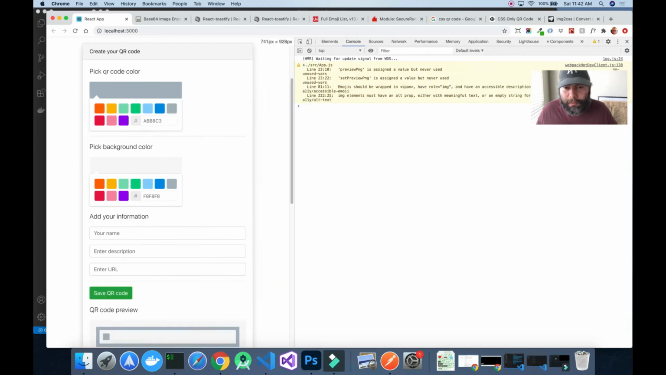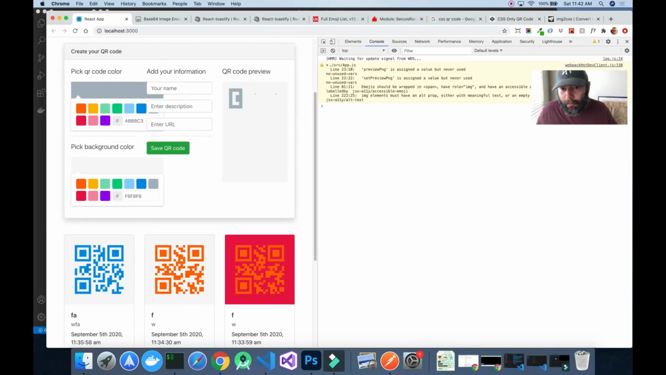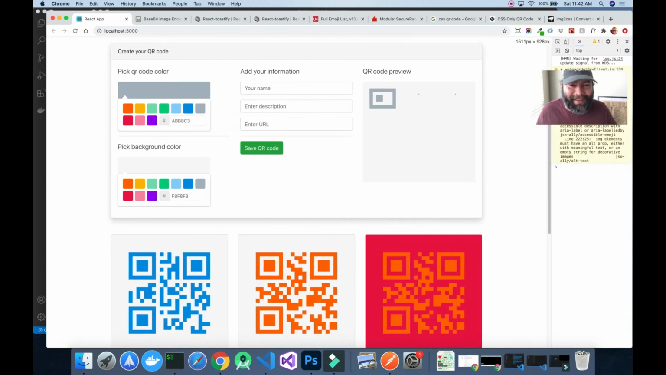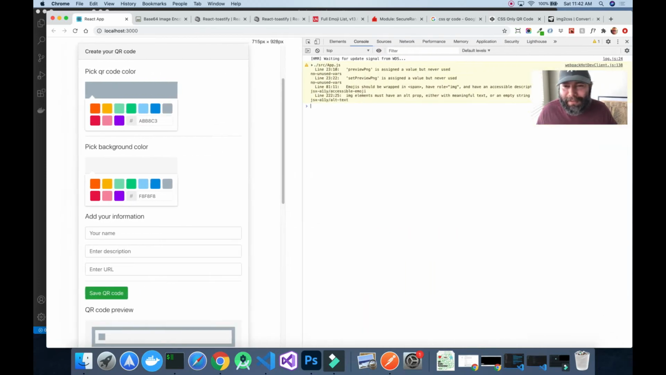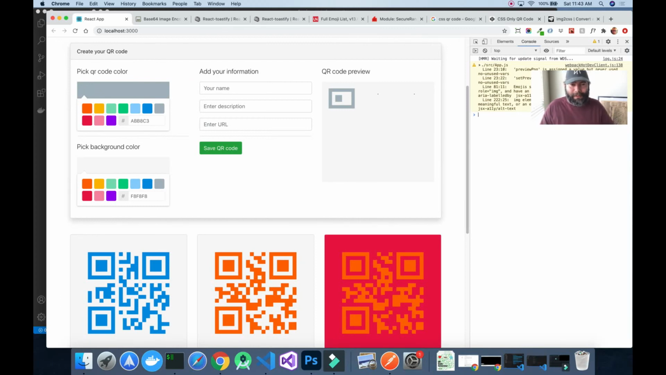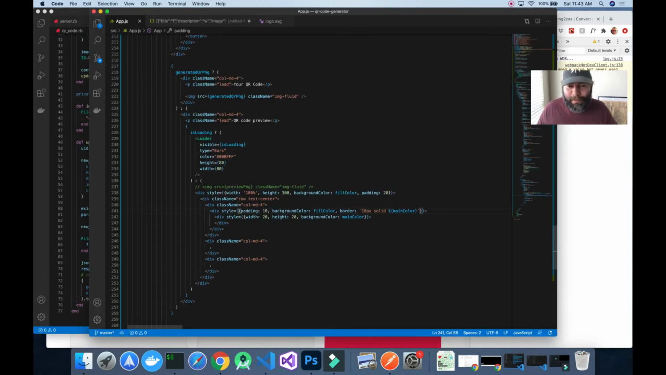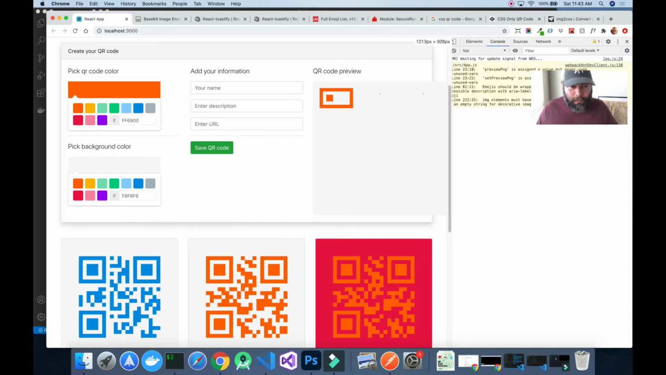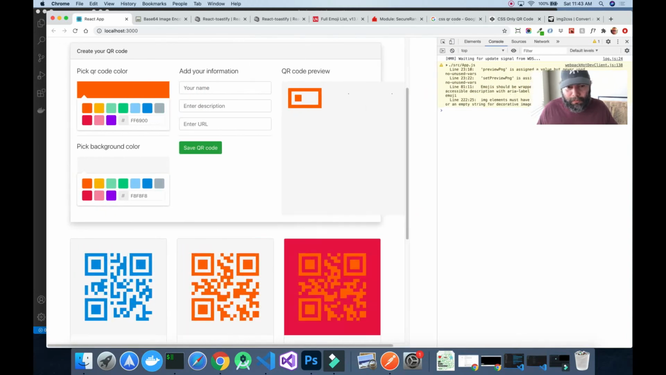Now is it responsive? Nope. As you can see, that is not responsive at all. That's why we can't use these values. What if we do 400 and if we do 400? Okay, so